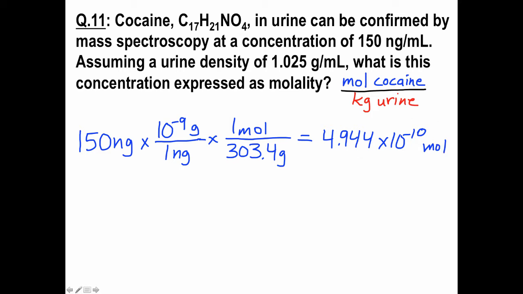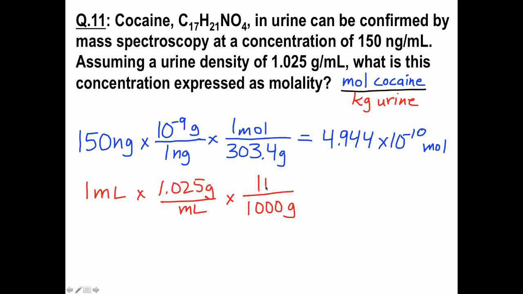Now, we also have to do our conversion from milliliters of urine into kilograms of urine. So there are 1.025 grams per milliliter for urine. We're given the density in the problem up here. And then, of course, there's 1,000 grams per kilogram. And if we do that calculation, then we have 1.025 times 10 to the minus third kilograms of our solvent